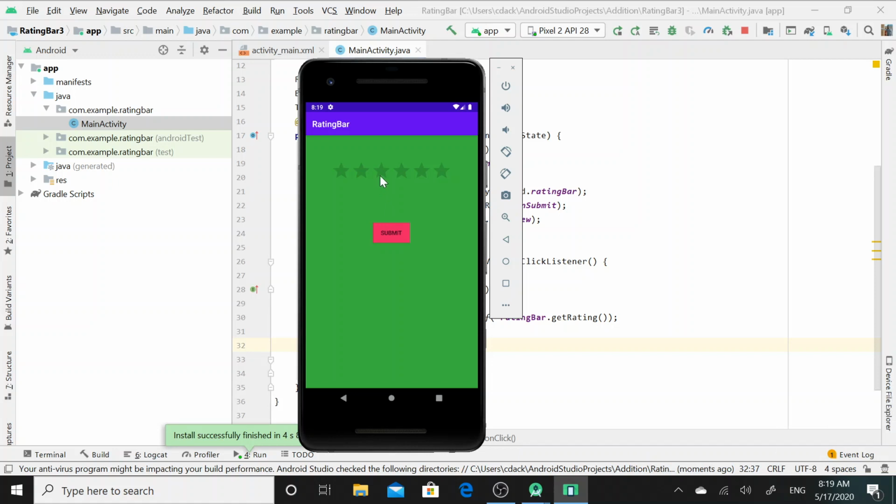So I will initially give a rating of 4 and 5 star, and I will click on the submit button. So here you can see, this is the 5-star rating.